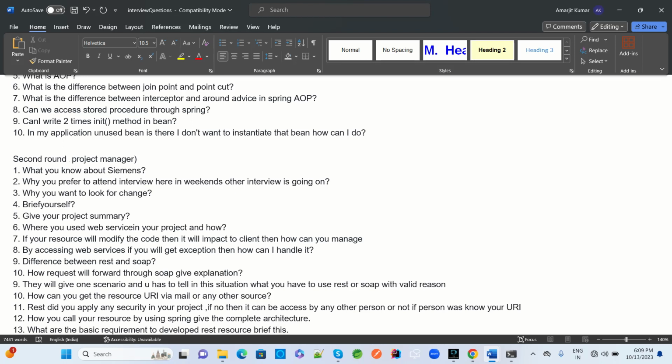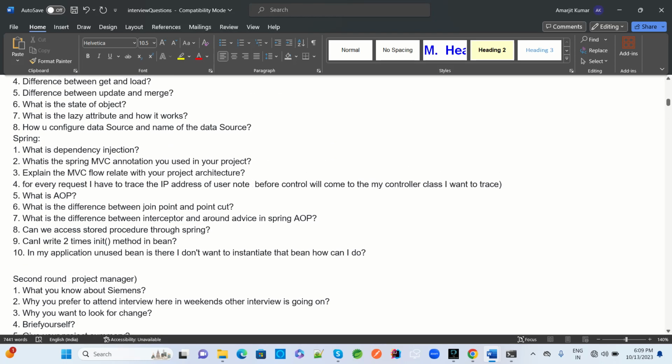Can we access a stored procedure through Spring? How can we access this stored procedure? Can I write the init method two times in a bean? How will you write an init method in a bean? In my application, an unused bean is there. I don't want to use it, I don't want to instantiate that bean. How can I do that? These are all Spring and Hibernate related interview questions which I collected from